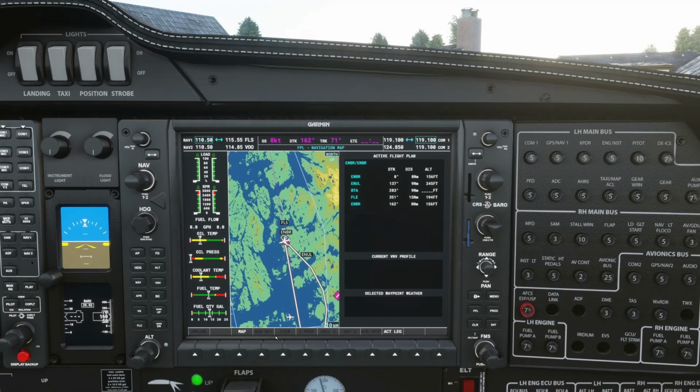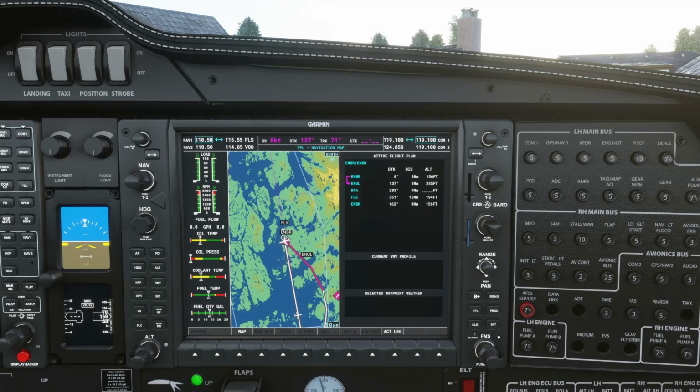Now you can see at the bottom here we have some menu information that's blacked out. These may well come alive once you're in the air, I don't know, but this one here is actually active, so we'll just scroll back because it says you can actually trigger the active leg. So we'll scroll down to Enol and click on active leg, and it should actually activate the first leg for us. There it is. Okay, and you can do that for any other legs there.